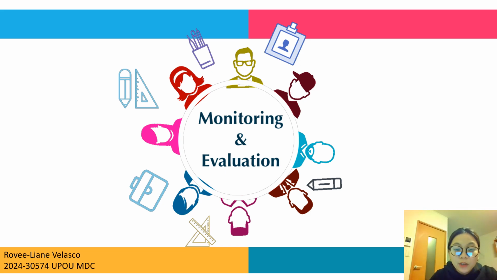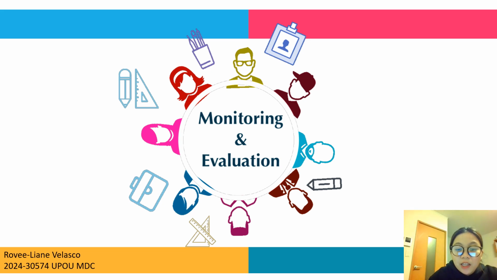And today I will discuss determining indicators of a project or program and developing an evaluation plan as part of Module 7. So, determining the indicators of a project or program is a critical process for assessing whether the objectives and outcomes of the plan are being met. So, indicators help measure progress, guide in decision making, and assess the effectiveness of the plan.